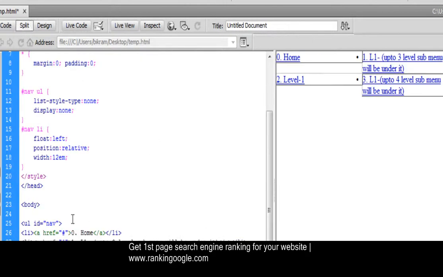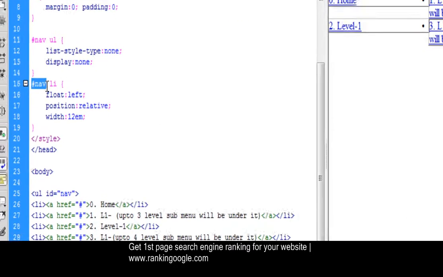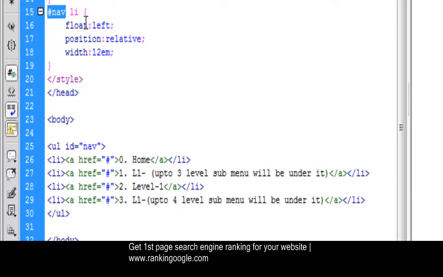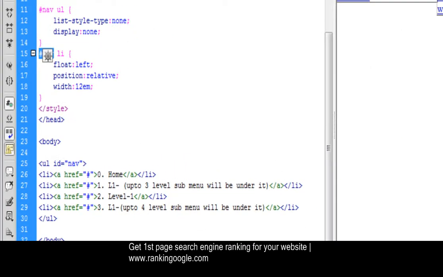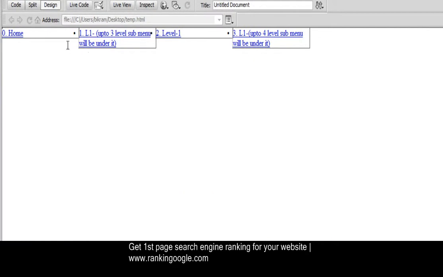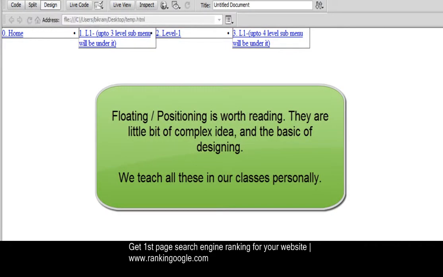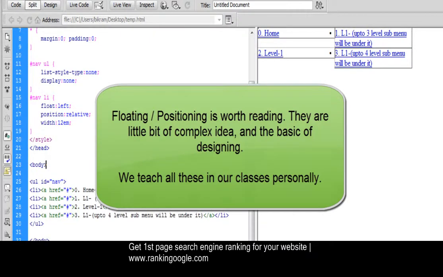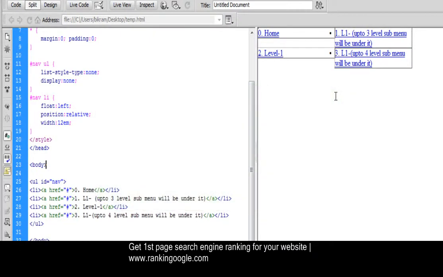Any li item which is under the nav ul block will be float left. Float left means the first menu will be here, then the next menu will be beside that, the third menu will be beside that, the fourth menu will be beside that. This is the main criteria of floating, that is they will be floated side by side.